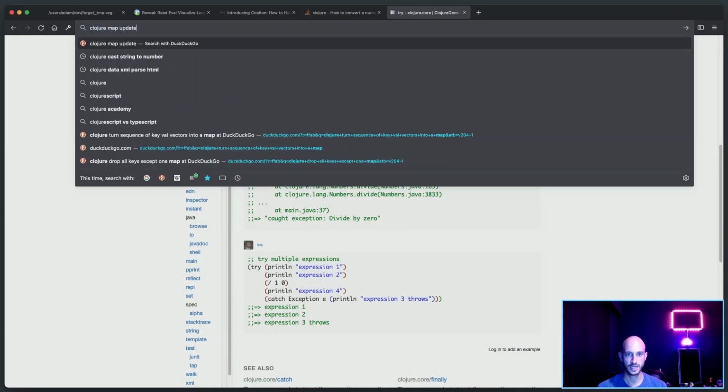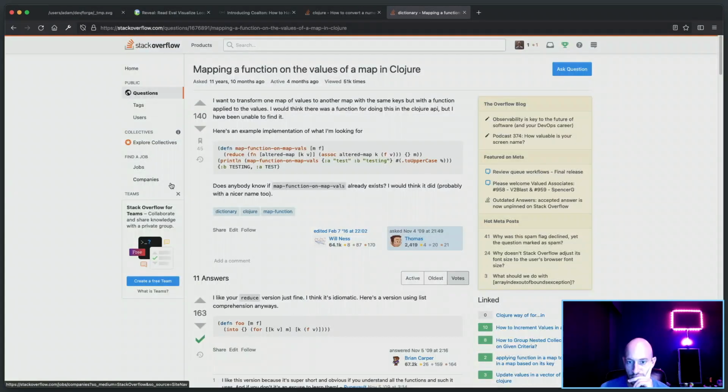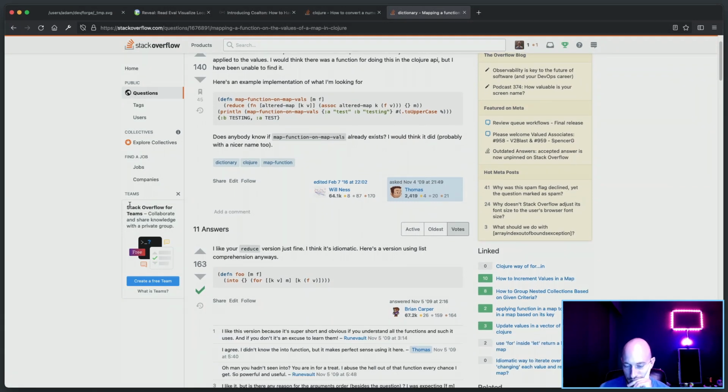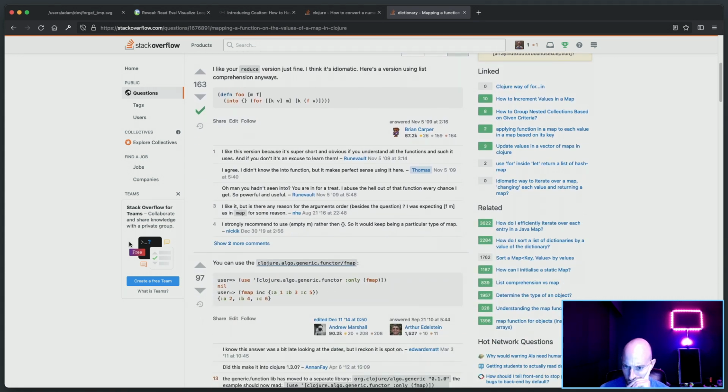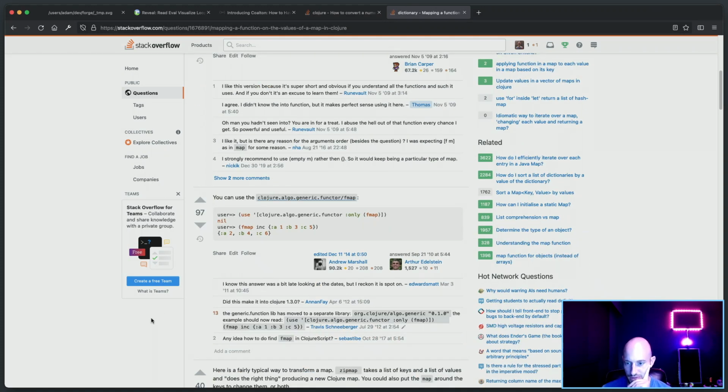Clojure map update all keys with same function. I don't want to bring in another thing here, but